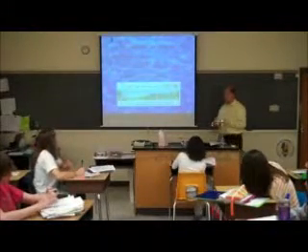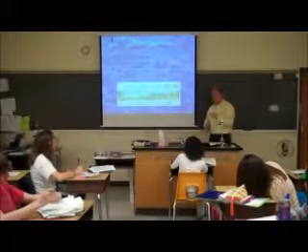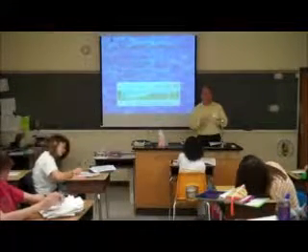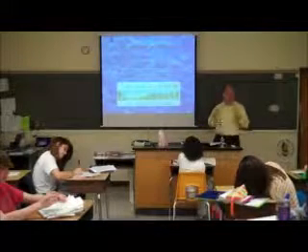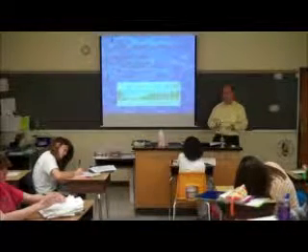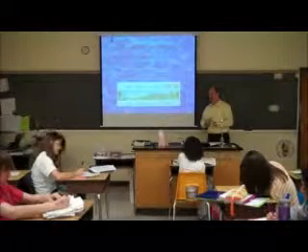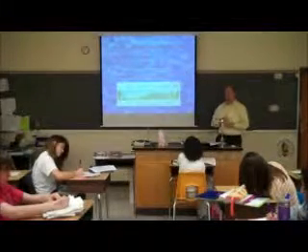Next slide. Secondary succession. We talked about this a little bit when we started to talk about biotic factors that can destroy a climax community. In California, they have wildfires raging all the time, right?